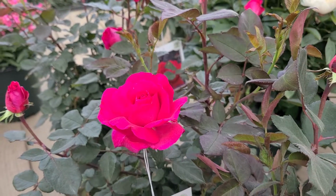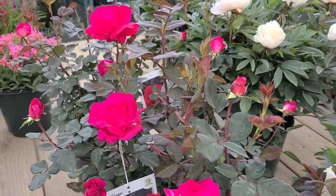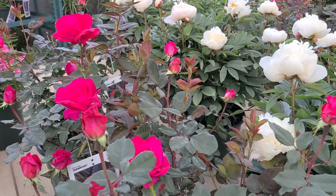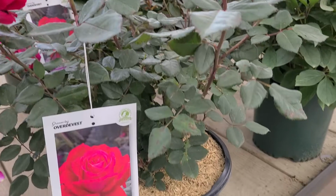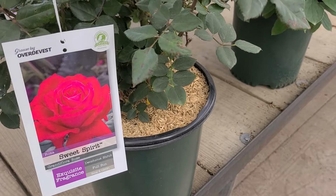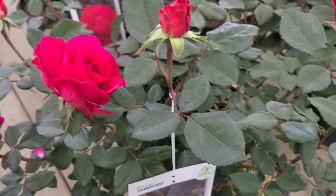It gets to about 3 to 4 foot by about the same, planted in a nice sunny, well-drained spot. Roses are fairly hungry, so make sure to give them some fertilizer. When you get these nicely grown, container grown plants from the garden center, make sure to dig a good sized hole, work in some organic matter, water them well to get them started, and then look forward to having some